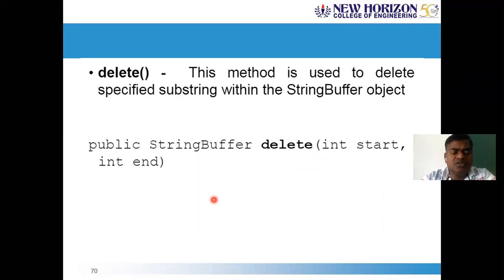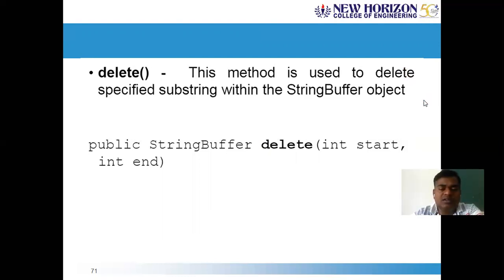Delete. In order to perform rigorous manipulations of strings, you can use the delete function to delete specific characters in the string buffer object that you created. The delete built-in function takes two arguments, a start and an end. It deletes up to one character less than the end value you specified, starting from the index. If the arguments are 2, 6, it starts deleting characters from the string buffer object at positions 2, 3, 4, 5. 6 will not be included.